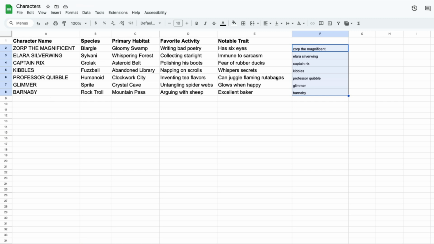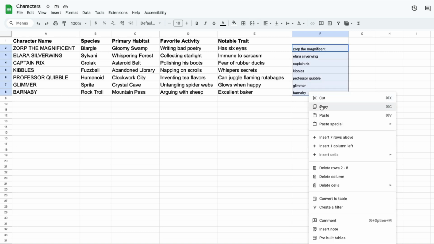Now, if you want the text to appear in column A, you're going to need to copy and paste this text from column F to column A, but you simply can't select it all and then copy and paste it. You're going to need to paste it special because when you click on the cell, the formula is there and not the text. So if you want this all to be lowercase, you're going to select all of the cells,